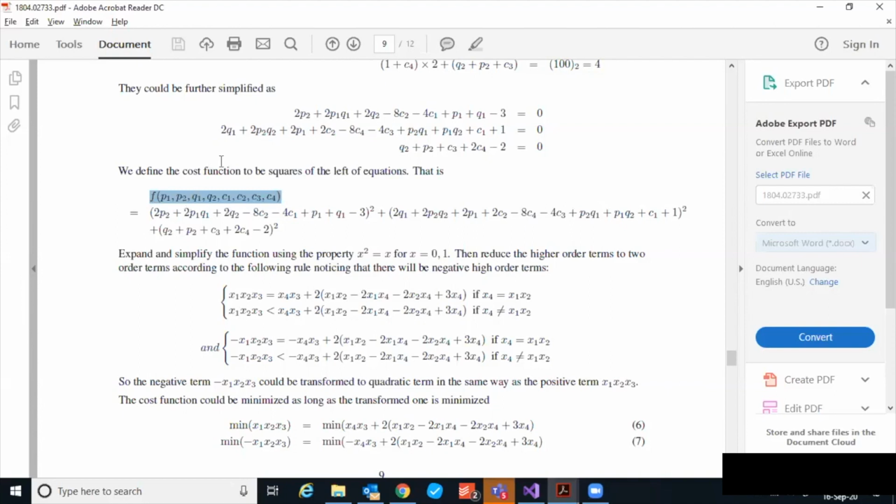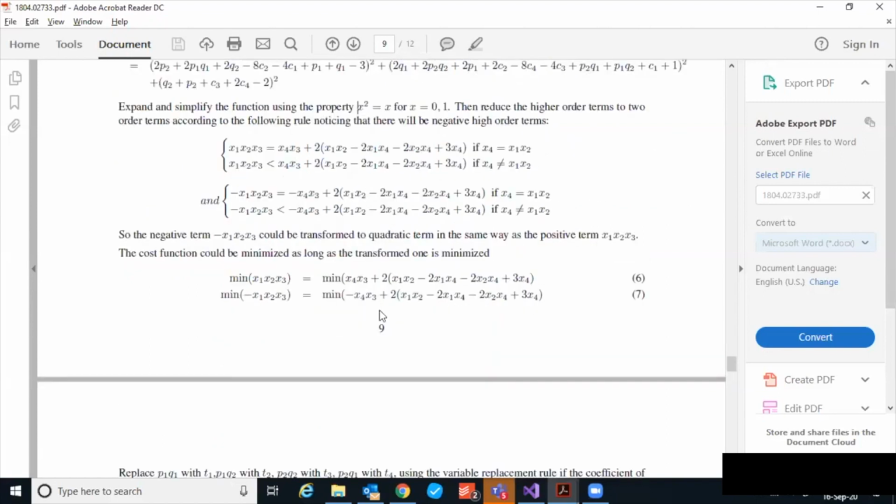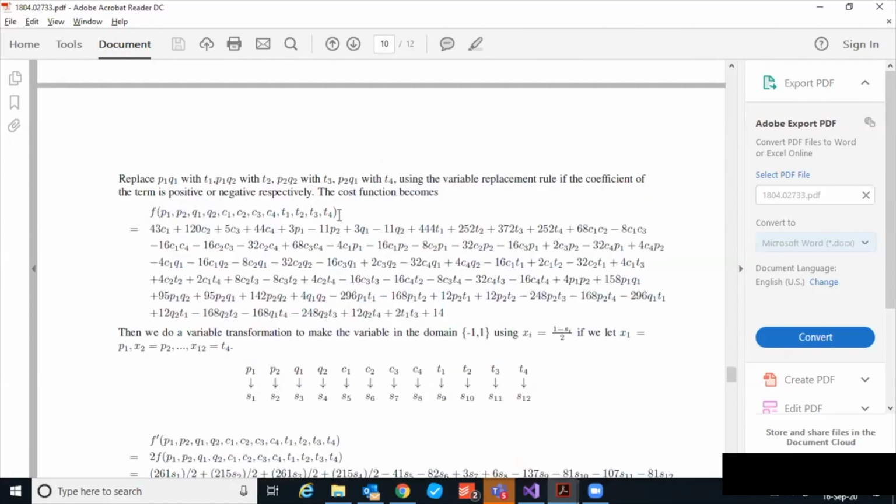Because our first problem was a small one, we had only three or four variables. But as the problem increases, the number of variables will increase. But we can have some optimization here, because since x can only be 0 or 1, x square will always be equal to x: if x is equal to 0, x square is equal to 0, and if x is equal to 1, x square is equal to 1. So we can reduce those terms and do more optimizations. And once we do that, we come up with a large cost function.